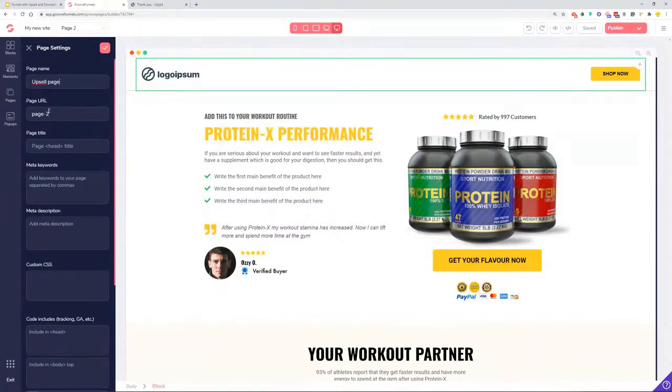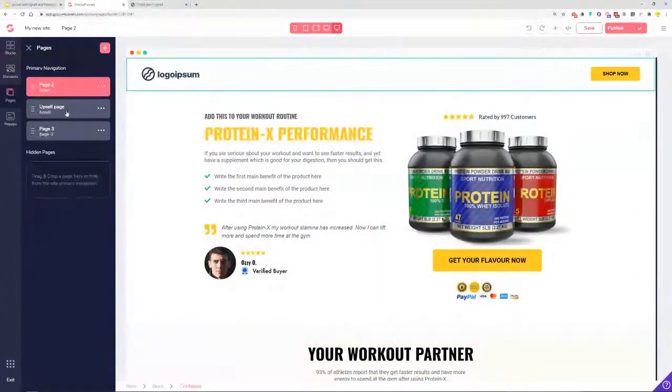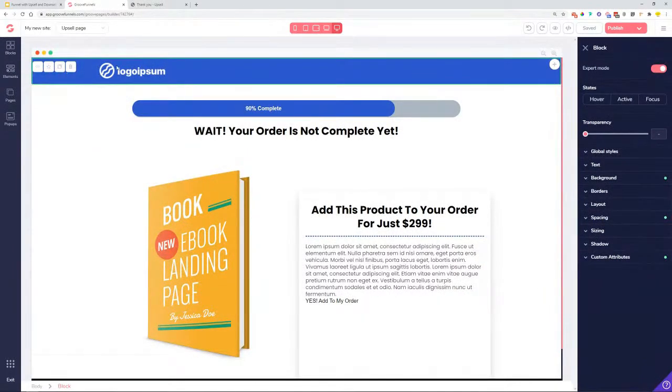Then the page URL will be just upsell. In case you watched any of my previous videos, you know how to set up these new pages and design a bit. But in here, I will show you how to set up the flow of creating this